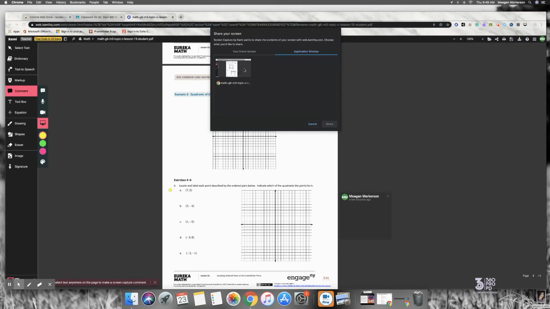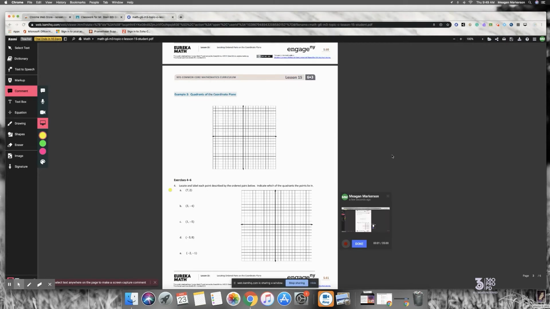I want to just do the application only. I don't want them to see all the other tabs, and I'm going to click share. It automatically starts recording. So I'm going to say, today we're learning about how to locate ordered pairs on a coordinate